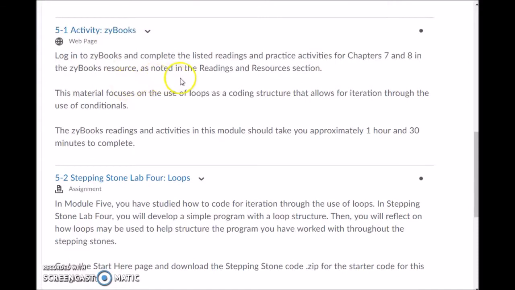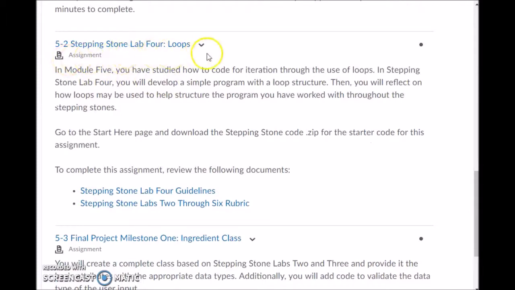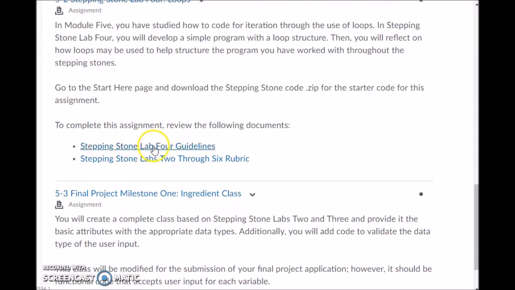You'll be going through the zyBooks, chapters 7 and 8 on loops and array list. You'll be working on Stepping Stone Lab 4, in which you'll be implementing a simple do-while loop. You'll be applying what you learned about loops in this assignment. So the guidelines are here, and remember the Stepping Stone Labs 2 through 6